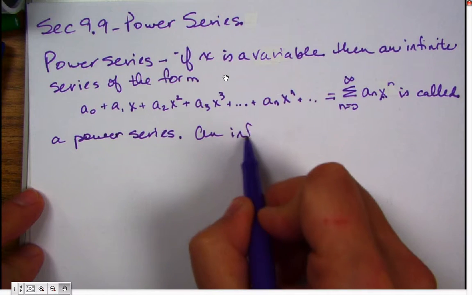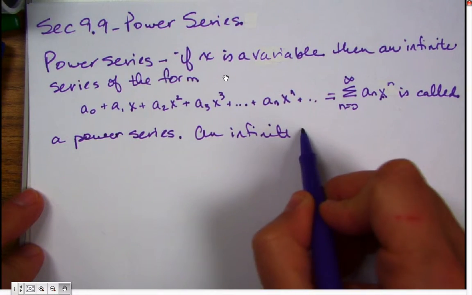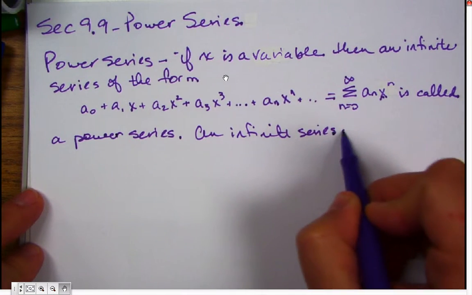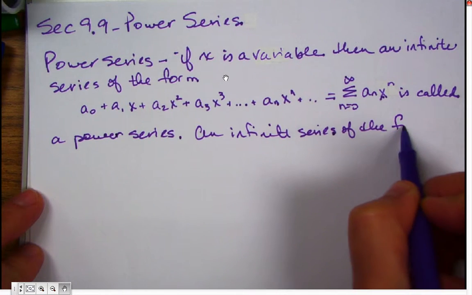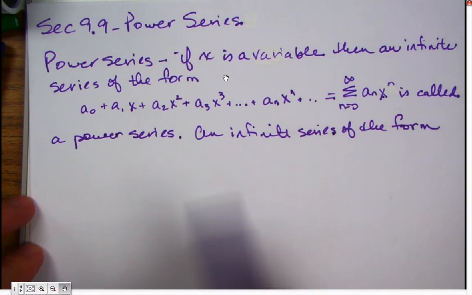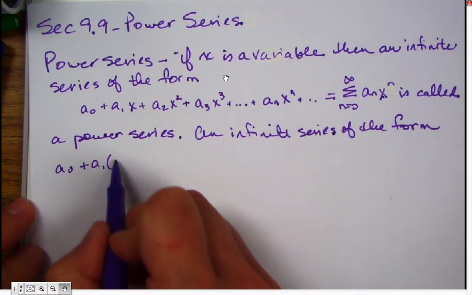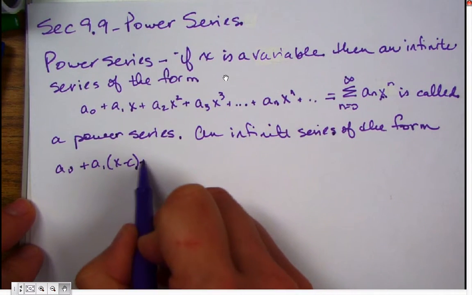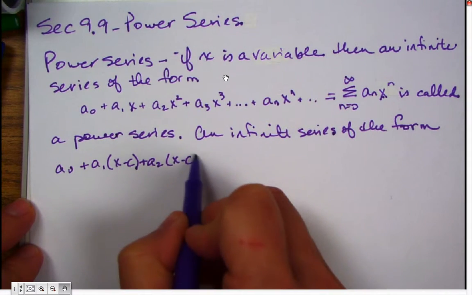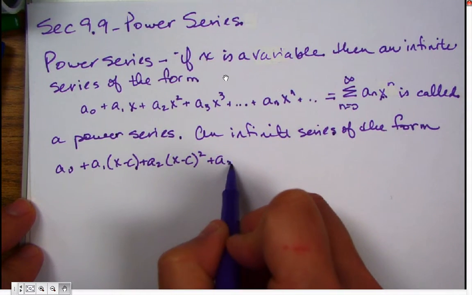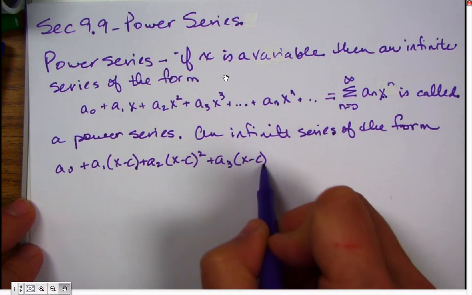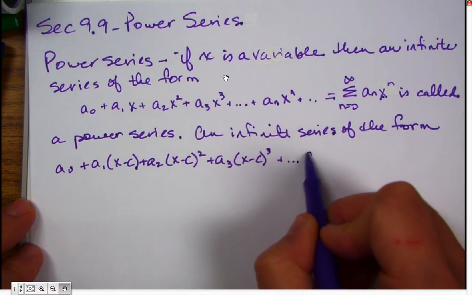An infinite series of the form a sub 0 plus a sub 1 x minus c plus a sub 2 x minus c squared plus a sub 3 x minus c cubed